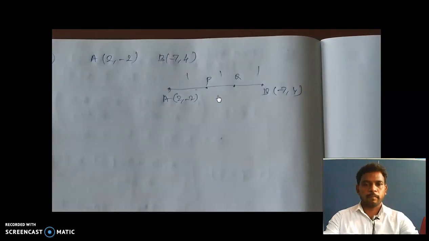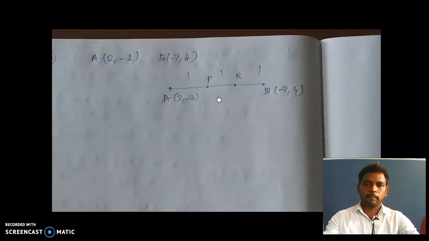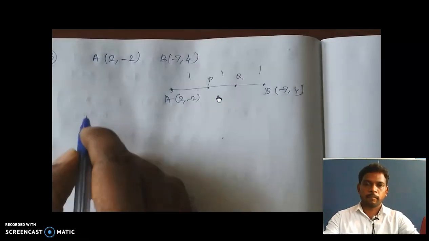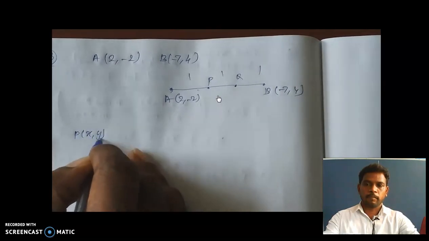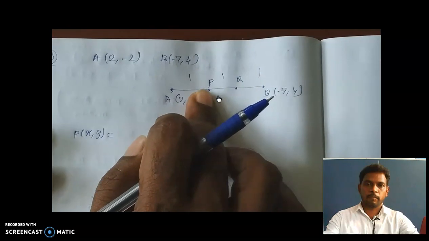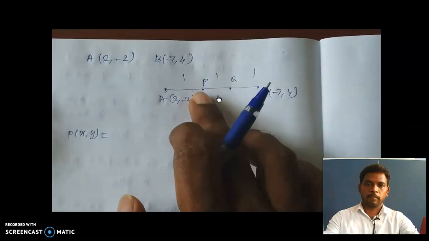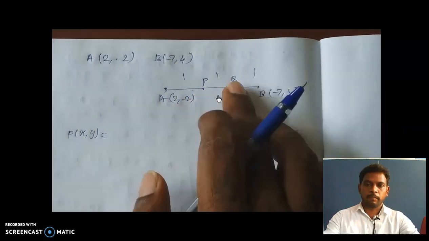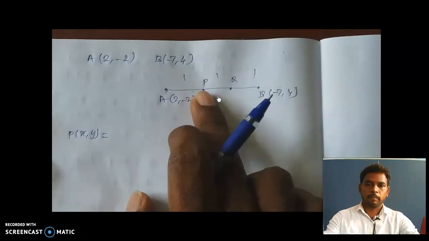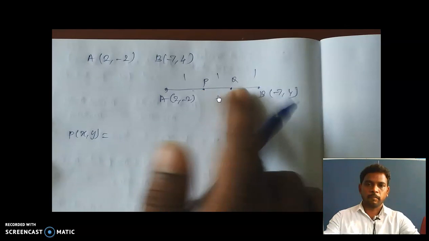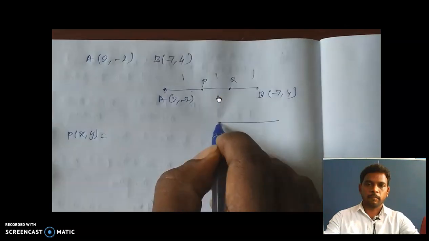Again, we are going to find out these 2 points by using the section formula only. So now I am going to find out the first value, that is P of x comma y, that is the P point only. When you find out any one point, hide the other point. Suppose you are going to find out P, just hide Q. That means the diagram will be like this.